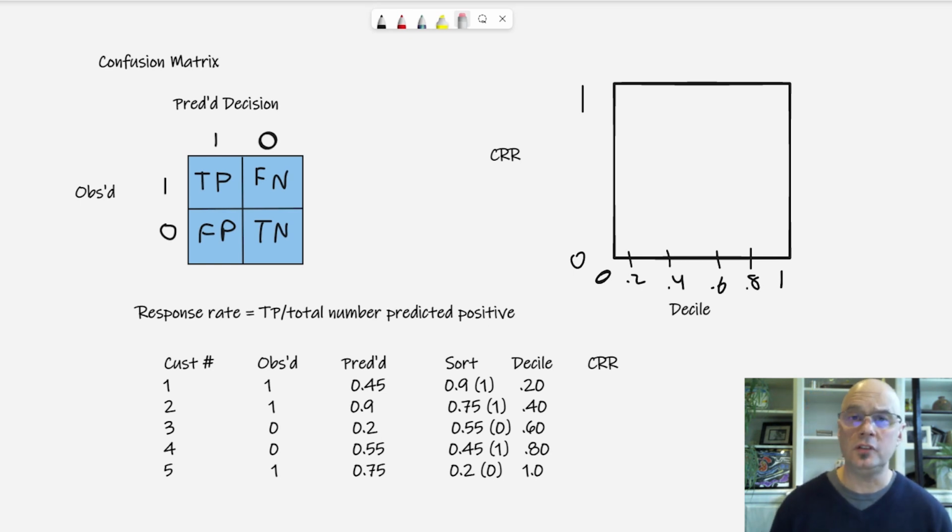Now, in the ROC charts, a lot of the discussion was based around true positives, the correct decision in that 2x2 table that appears in the upper left-hand corner. Cumulative response charts are going to be using that true positive rate also, but we're dividing by a different marginal total. In response charts and lift charts, we're interested in the total number of cases that are predicted as 1s.